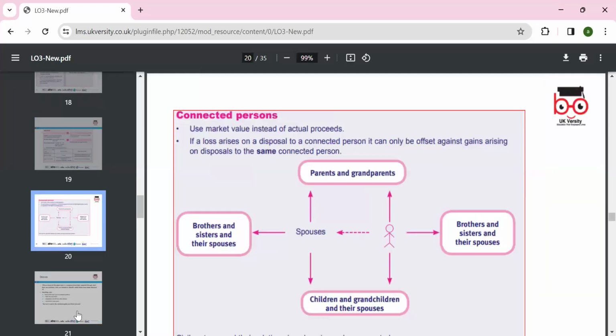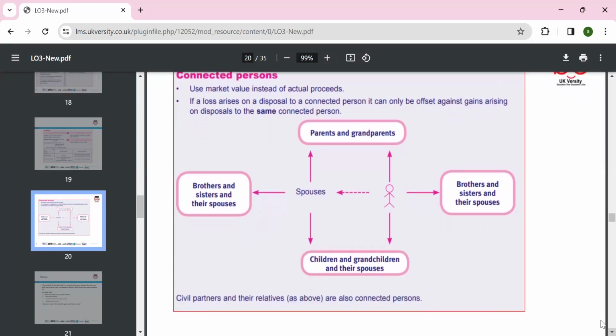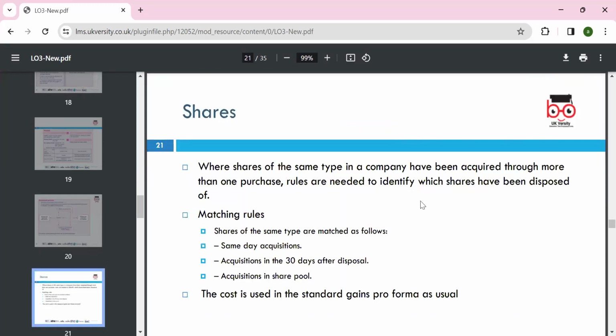Okay, so that's what we have. Then we have connected persons, as we said, spouse and families, which we explained in the previous slide. You have to look at whether it comes under connected person or not. If not, then of course a different rule applies. Where shares of a company have been acquired through more than one purchase, rules are needed to identify which shares have been disposed of. Shares of the same type are matched as follows: